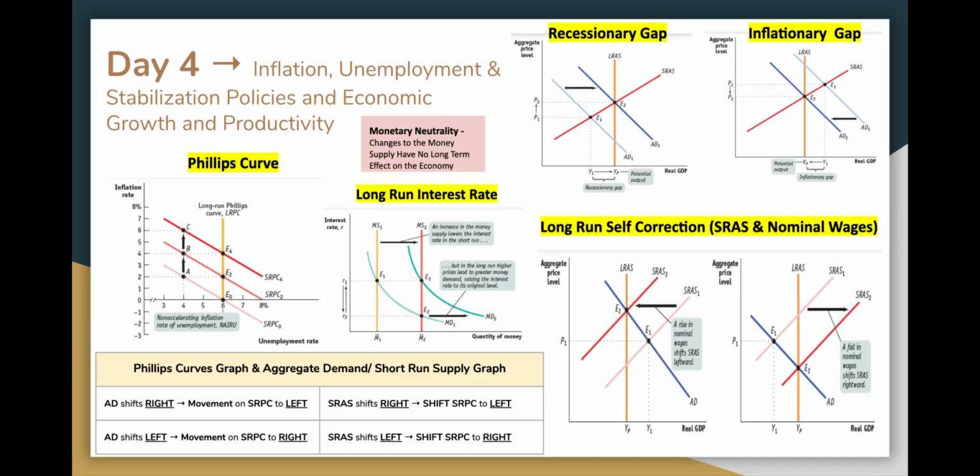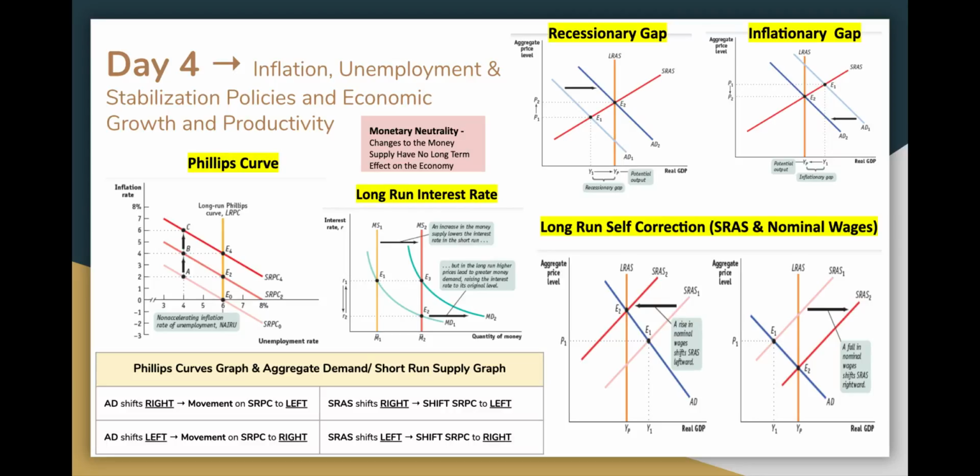And productivity. So when we look at this slide, we notice that sometimes we have a recessionary gap, sometimes we have an inflationary gap, or we have full employment. I didn't put the full employment there because that's what you want. And if you had that, you wouldn't have any problems.